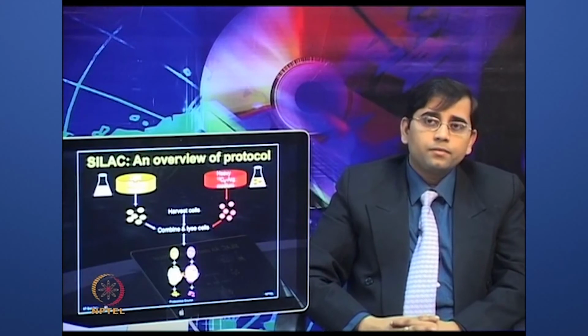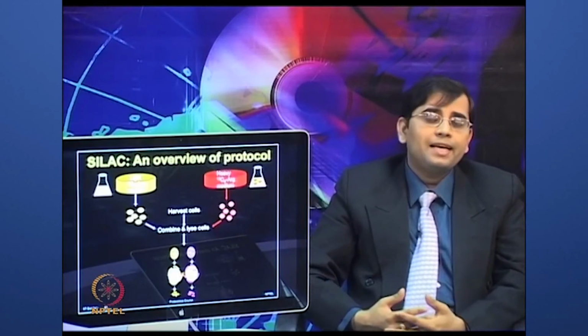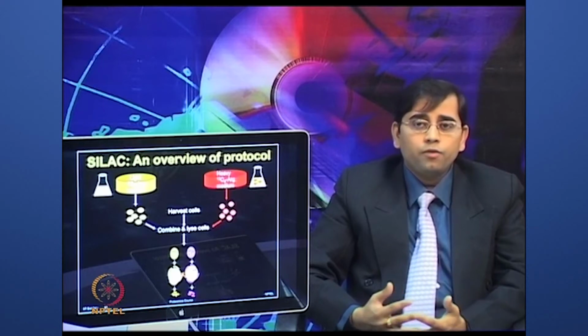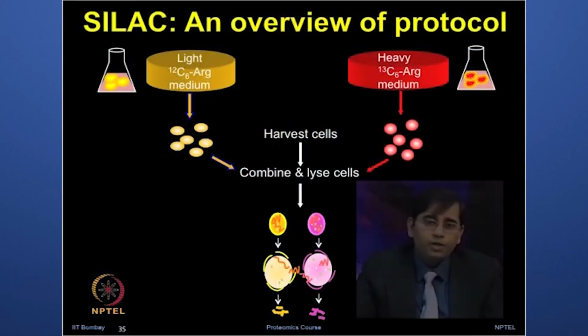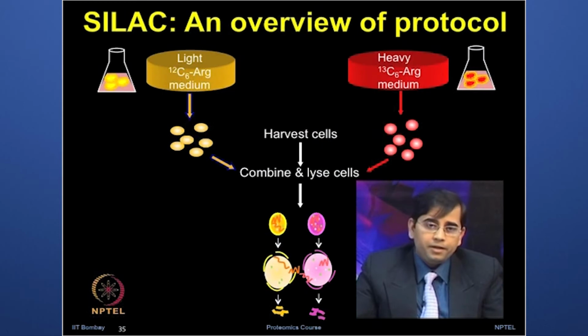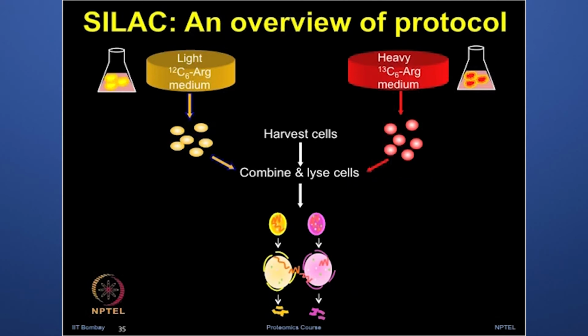So, having discussed the workflow for performing a SILAC experiment, let us have an overview of the protocol. In SILAC, two different cell populations can be grown in DMEM media containing 13C6 stable labeled form of arginine in place of normal or light arginine. After allowing for 5 or 6 doublings, the arginine in each protein is in the heavy form. These cells can be combined and further lysed prior to further proteolytic steps.